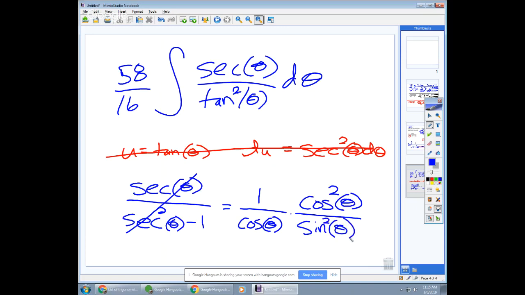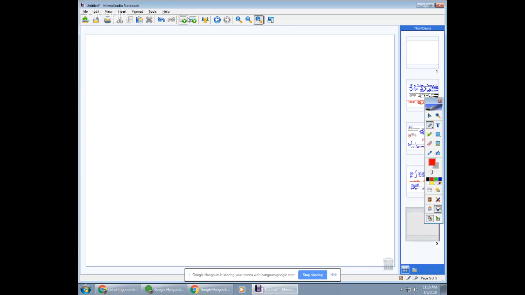And it looks like that's going to give us something to work with here. So I'm able to cancel a cosine. Yep, I like that. So new page, we now have that 58 over 16 integral of cosine of theta over